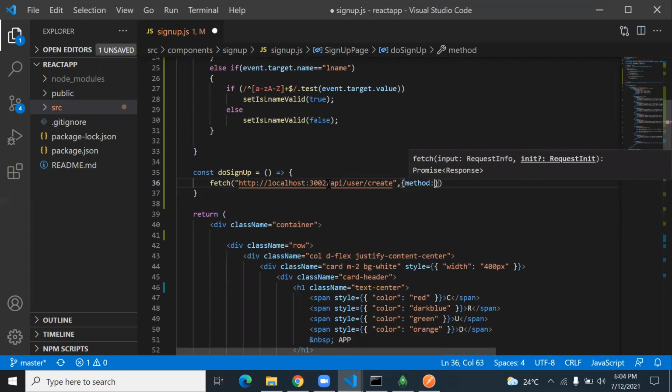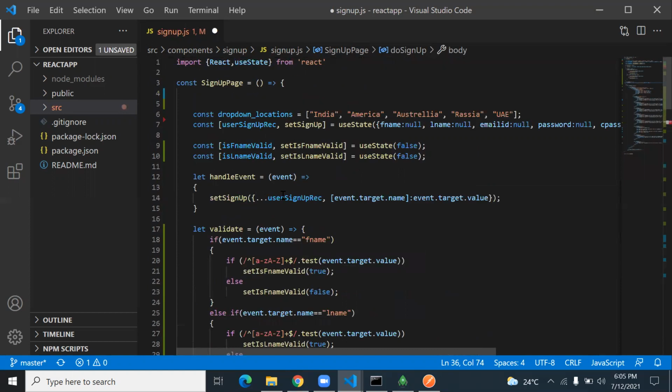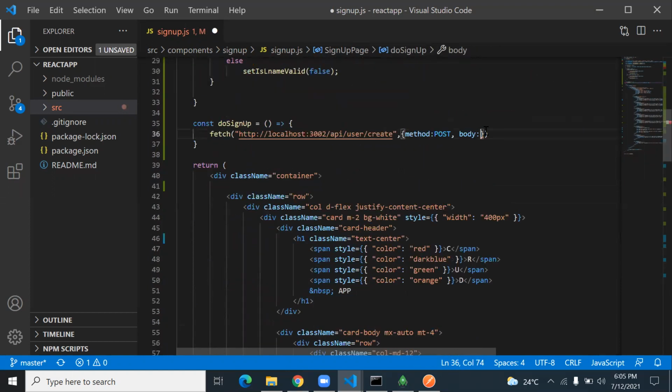Okay, how you pass data, using which request? Post request. So then you write what the data is that you want to send. So for this you write body: what is your data? So the data is a user sign up record. So this is your data.